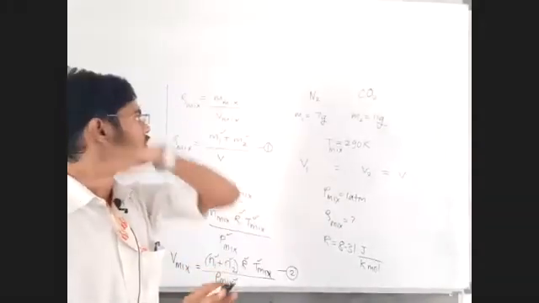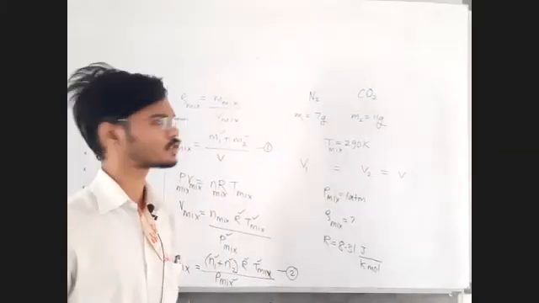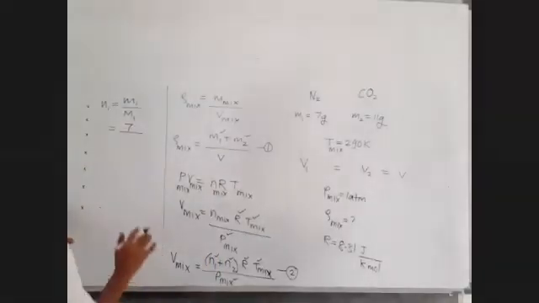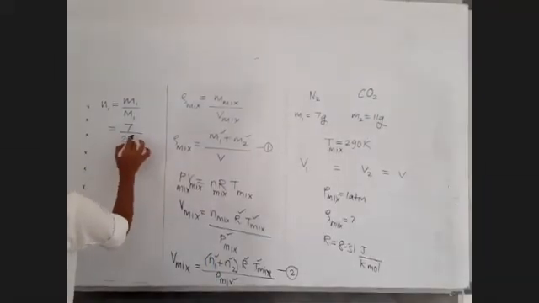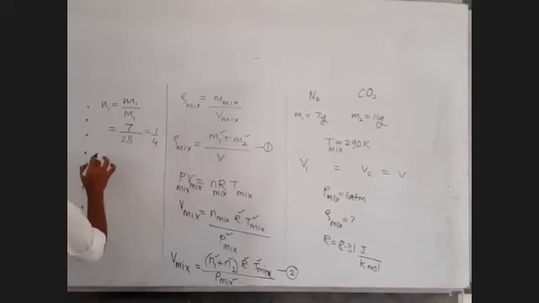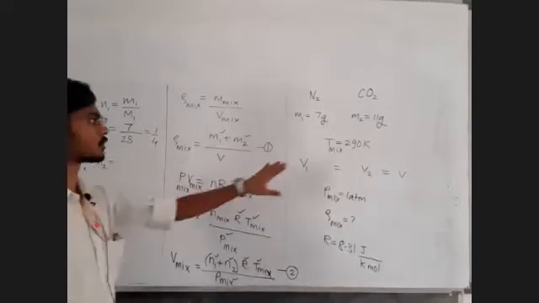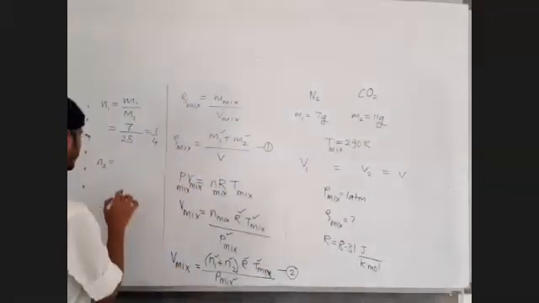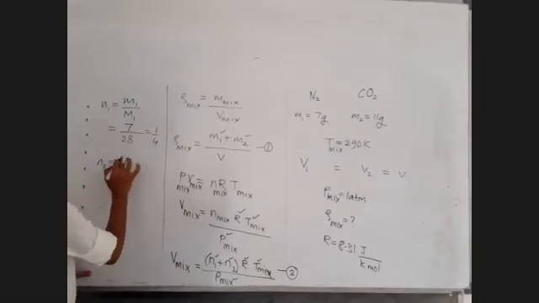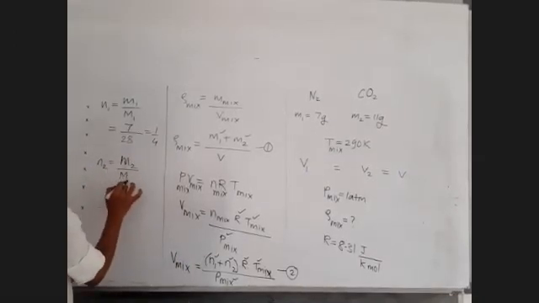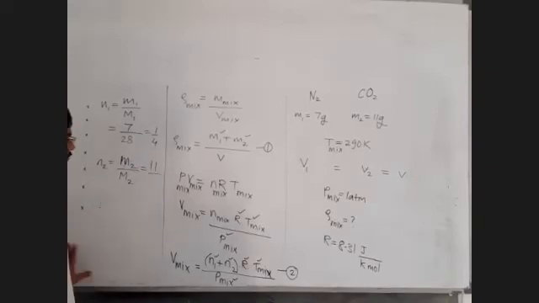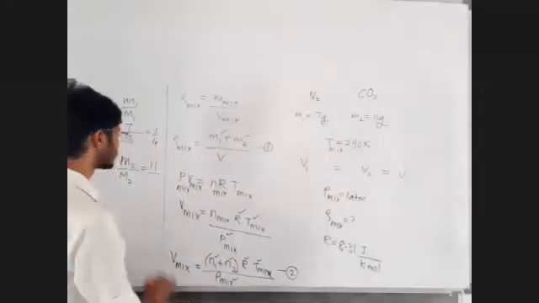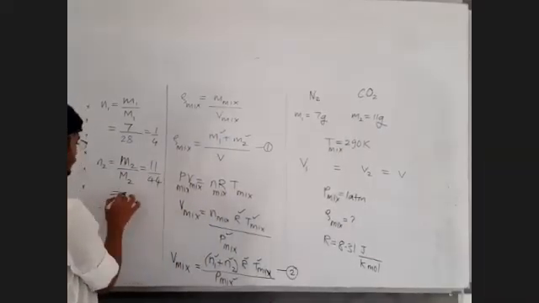Nitrogen, you know what it is, whether it is N1 or N2 or N3. It is N2, so it should be 28. So 7 gram upon 28 gram, that will give you 1/4. N2 is M2 upon the molar mass of CO2. Now tell me the molar mass of CO2 without any mistake. Given mass upon molar mass, 11 gram divided by how many gram? 44. Perfect, good. So that will result in 1/4.